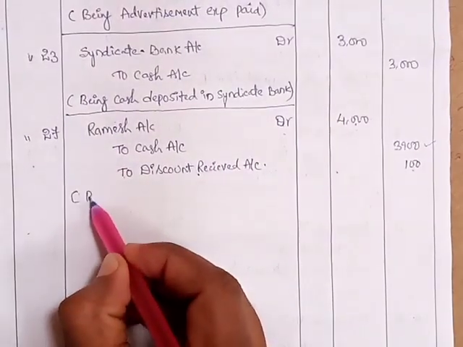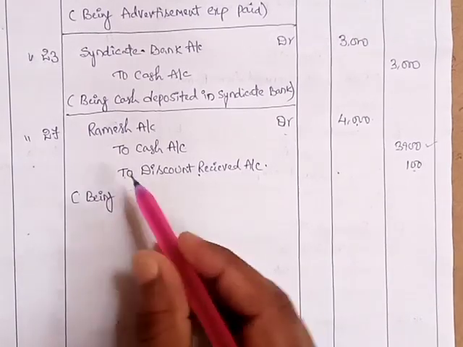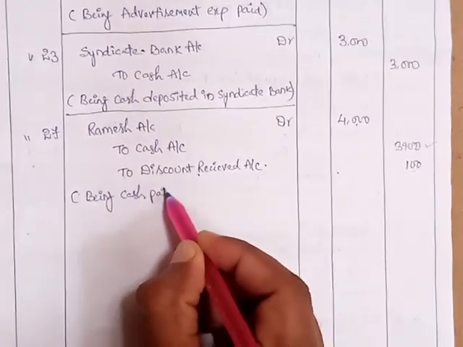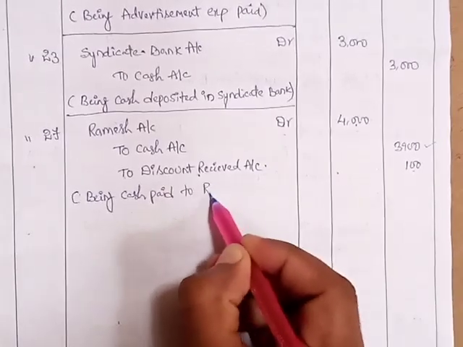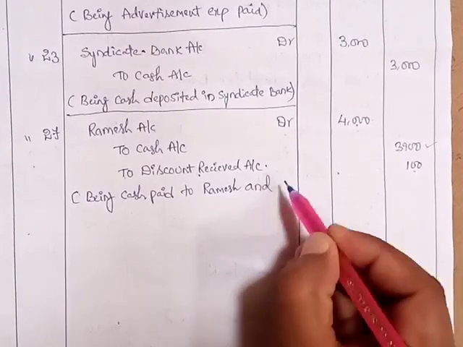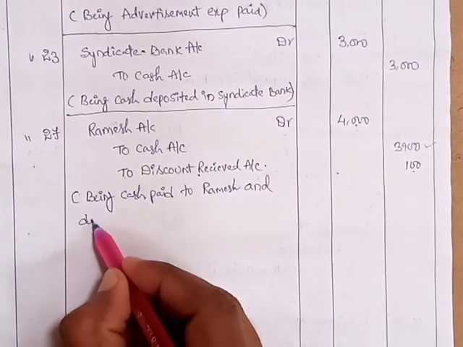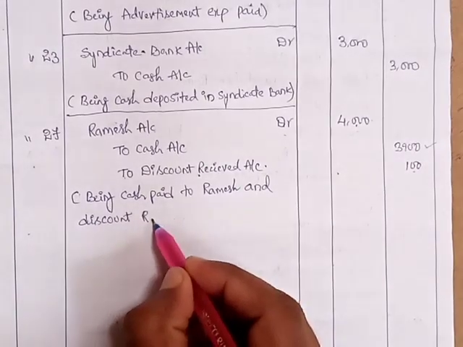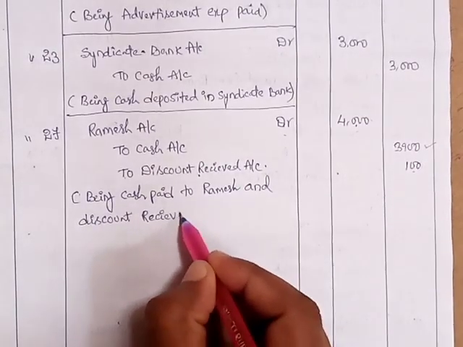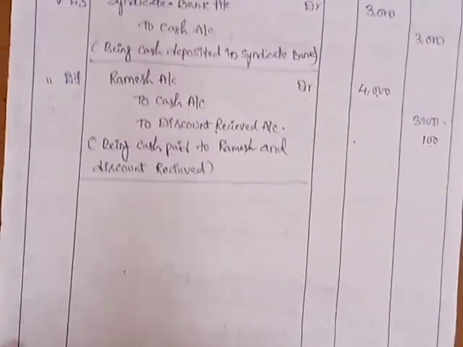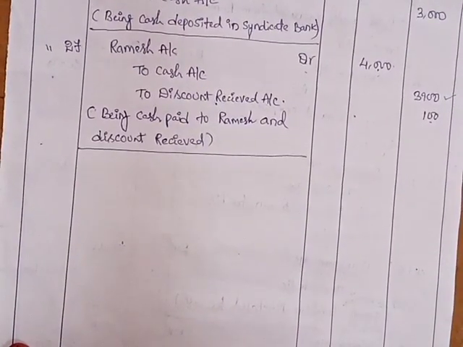So narration being cash paid to Ramesh and discount received. Like this we have to write the entry. Next,